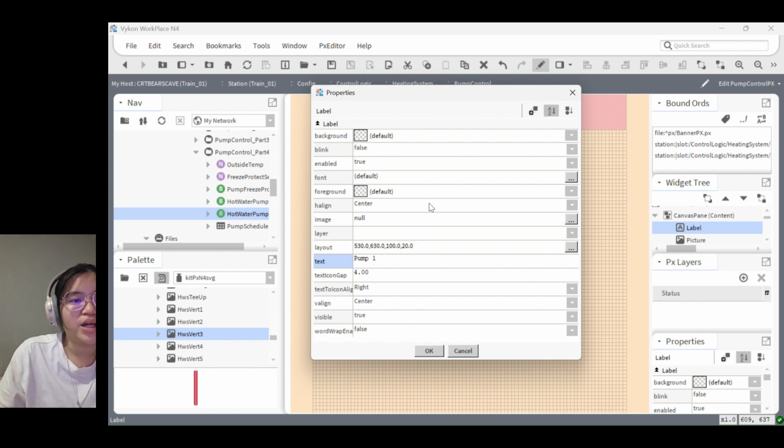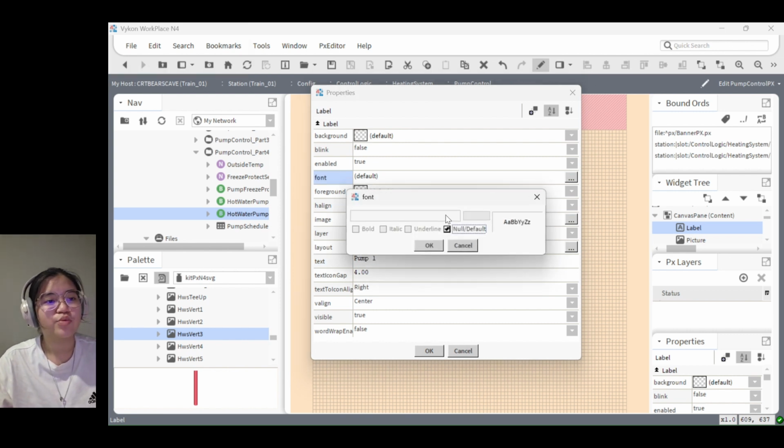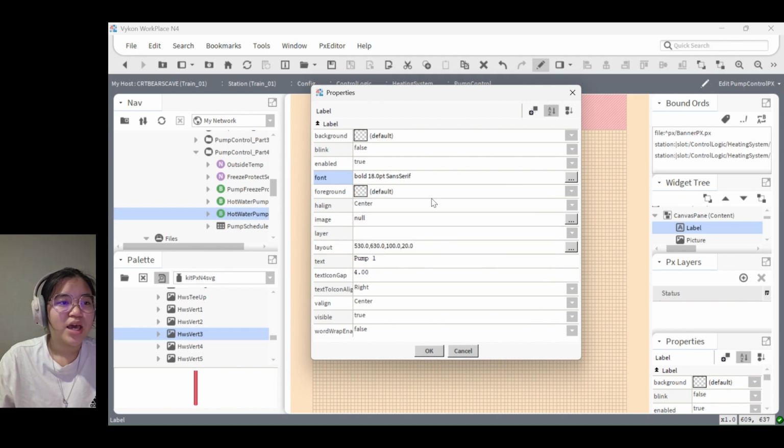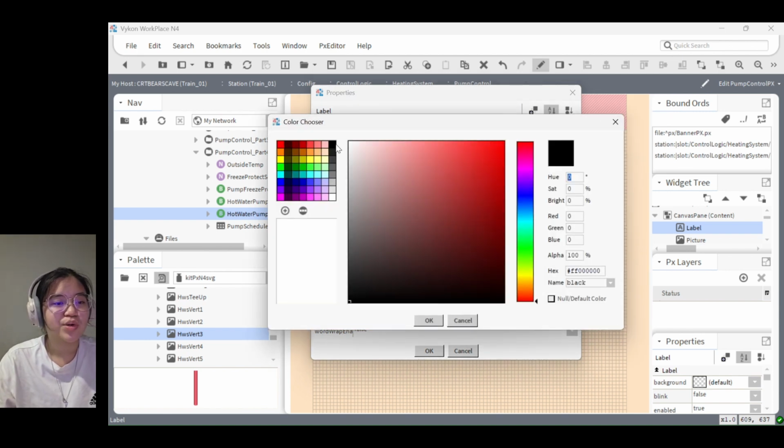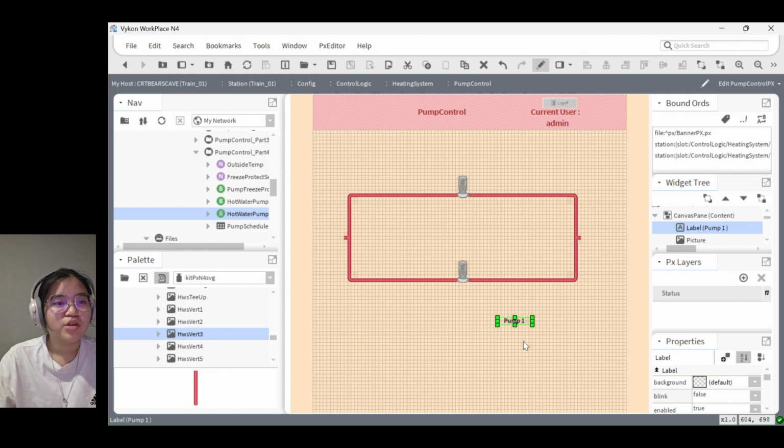And at pump 1, we will be using a font. We're going to be using a bolded font, and we're going to be using number 18 just so that it's big enough for us to see. And for the foreground, aka the color of the text, we're going to make it black so that it pops out. So we're going to leave pump 1 over here, and we're going to do the same thing for pump